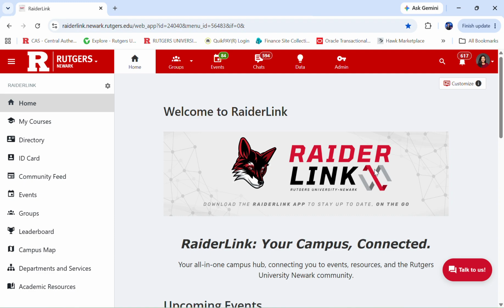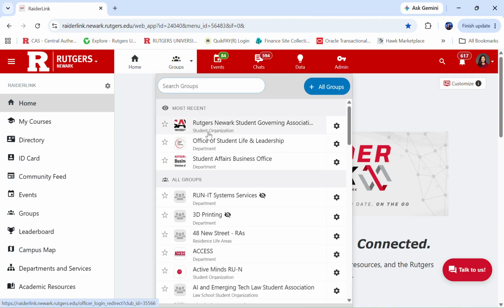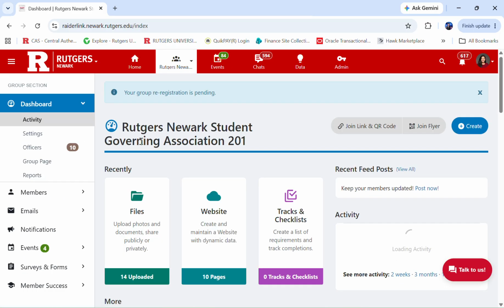Hi everyone, today we'll go over how to submit a purchase request on Raiderlink. Anytime your organization would like to purchase anything using fees from Raiderlink, you will need to submit a request under your budget. The first step is to go to your organization's page and take a look at the left-hand side